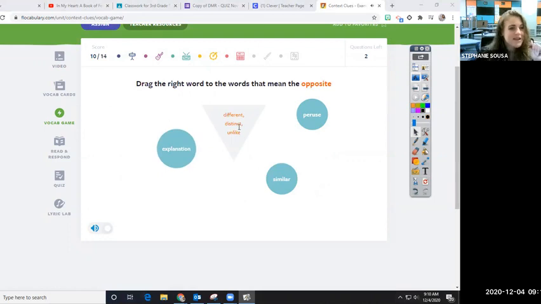All right, here we go. Drag the word that means the opposite. The opposite. If something is different, distinct, or unlike, what is the opposite of different? Explanation, similar,